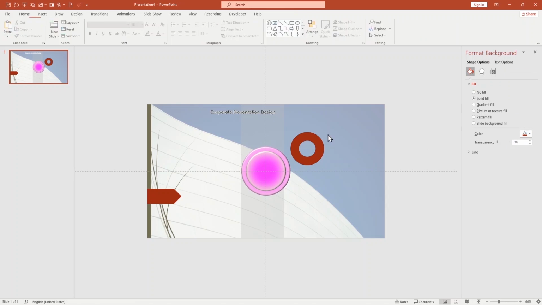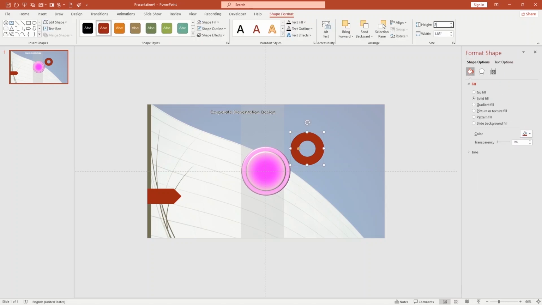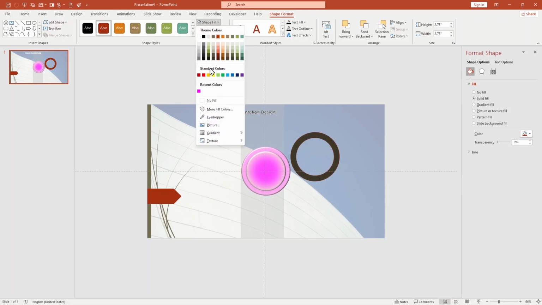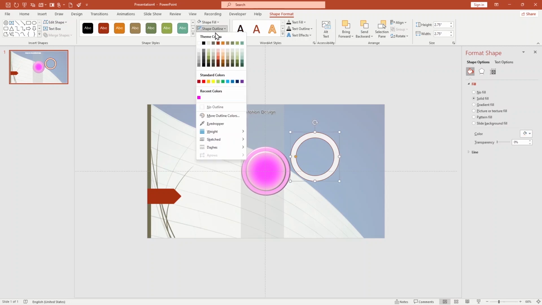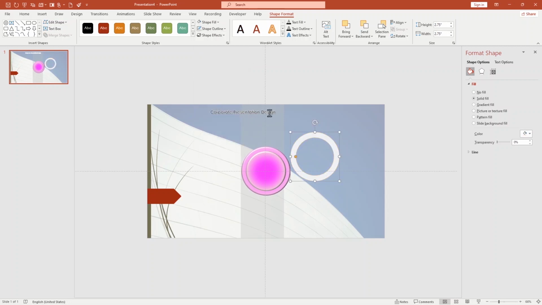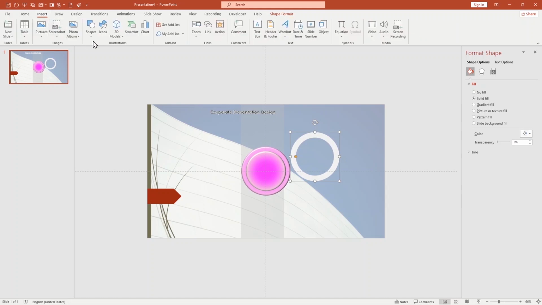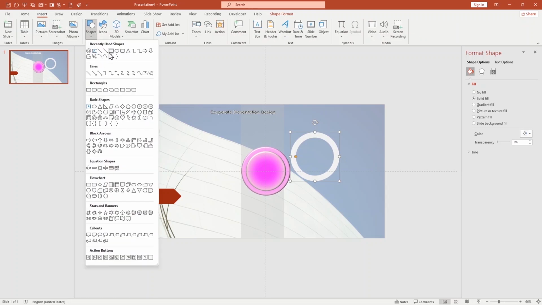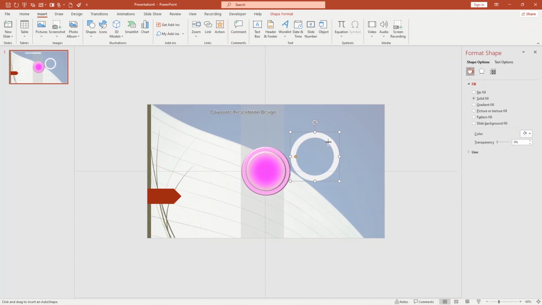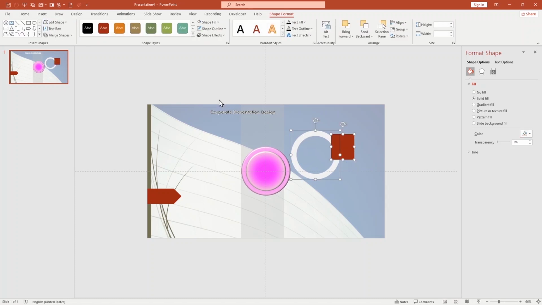Yeah, then what I'm gonna do, type 2.75. Let me hit enter. Then I just resize it, then use the shape fill. I'm gonna use the shape fill, like the white one, no outline. Then Insert, Shape, and use the rectangle. I just crop it, select both of them, click on Merge Shapes and